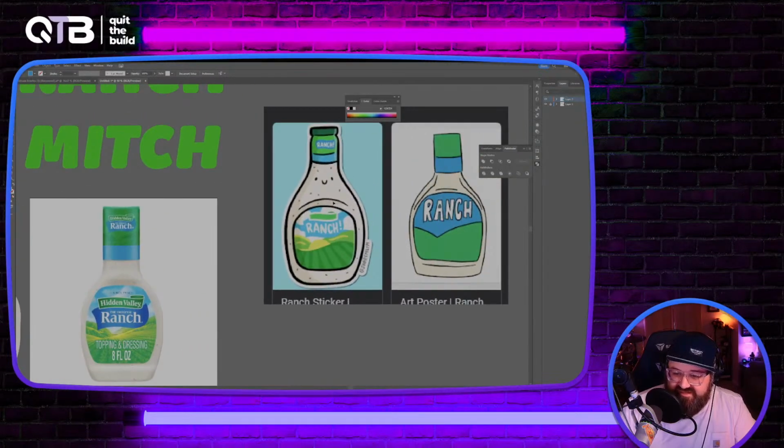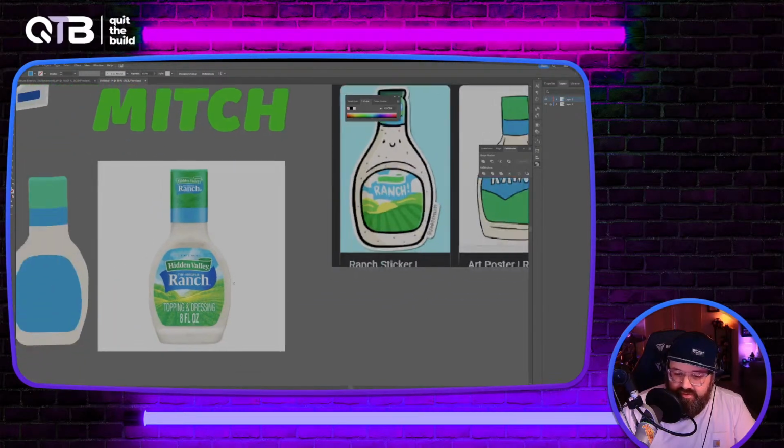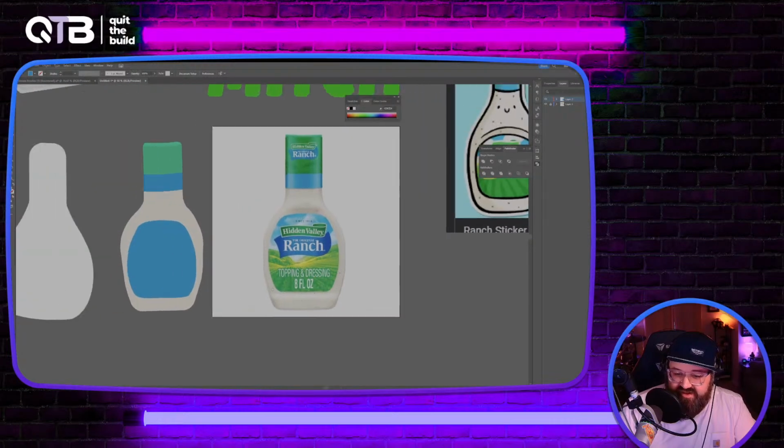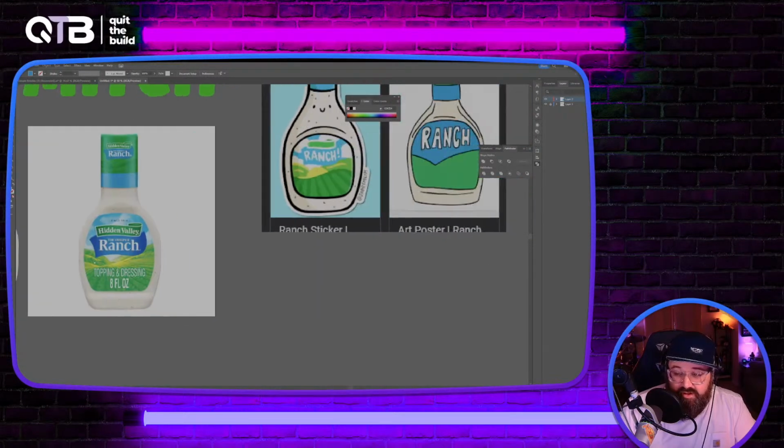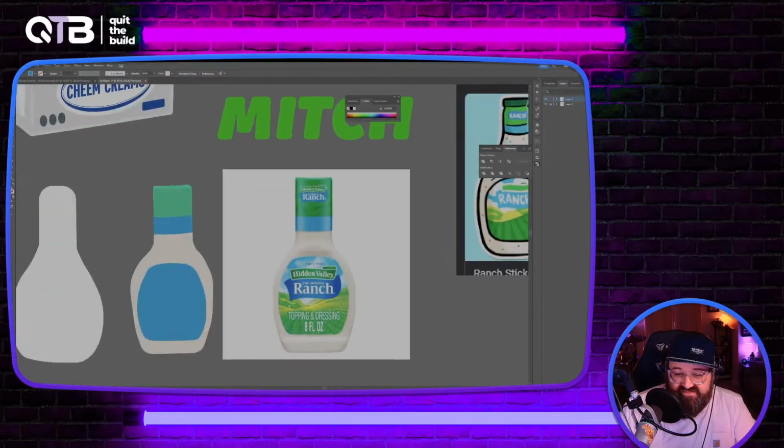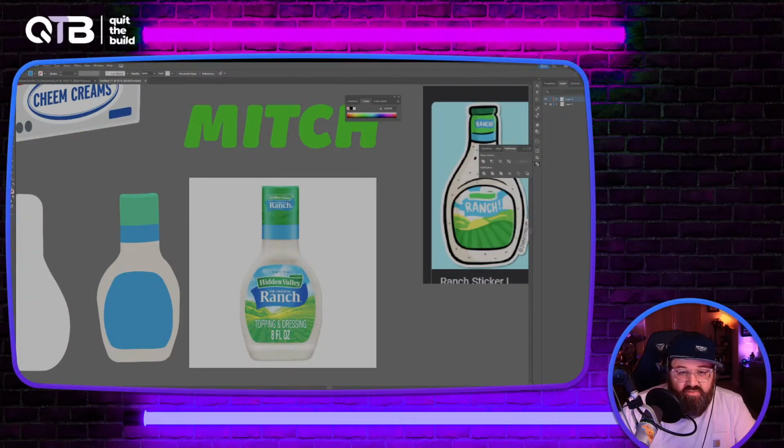One of the things that they did was they added this nice little line here, same with this one, to kind of give a shape to the bottle, because there are these lines right here, and I like that idea. So I'm gonna kind of mix the two, and we're going to use the pen tool again,